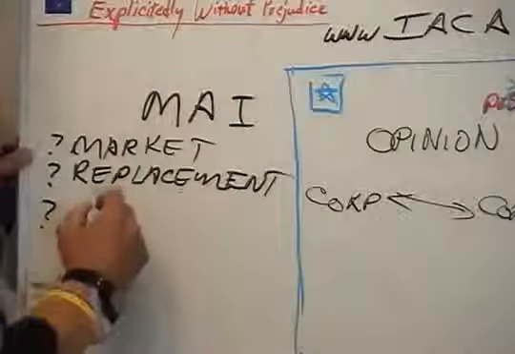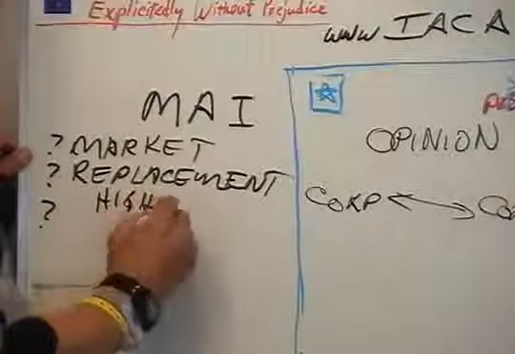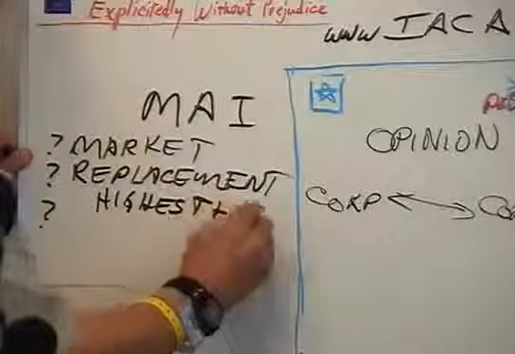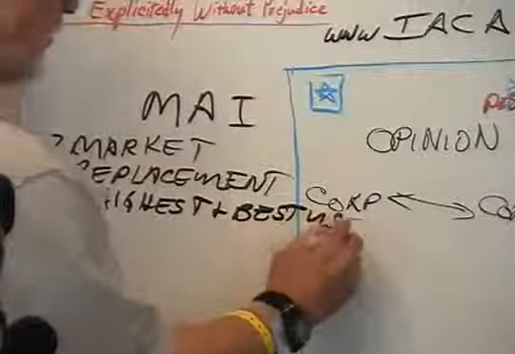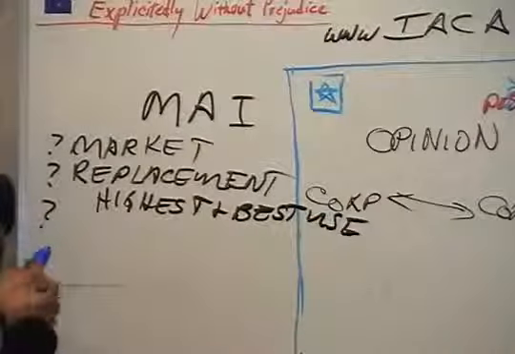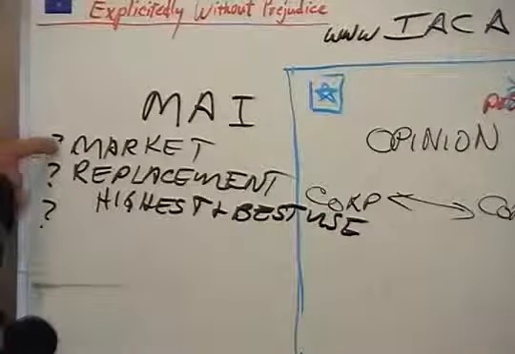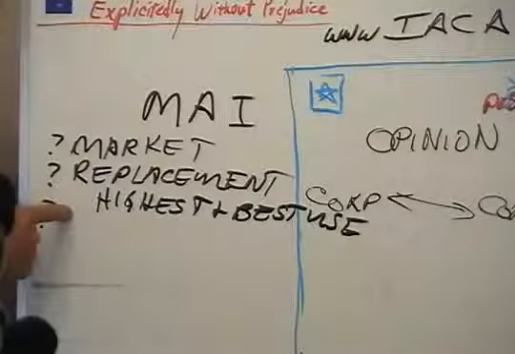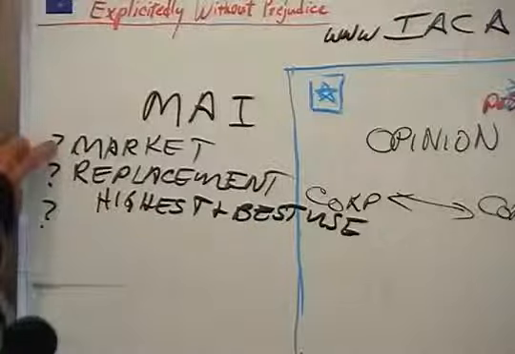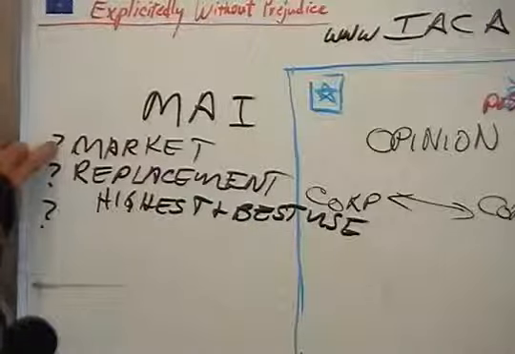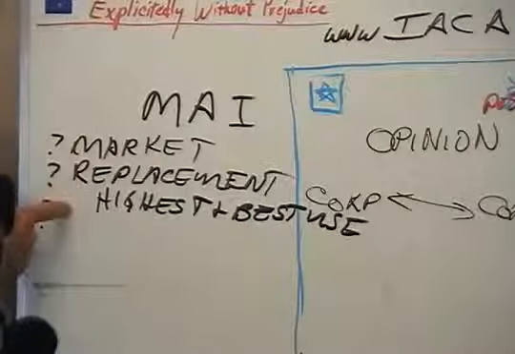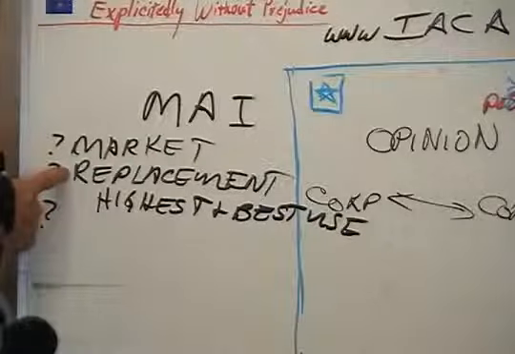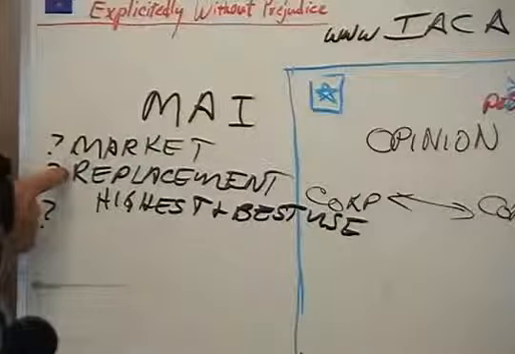They call it highest and best use. So the point I'm making here is none of these are the same. What's he going to weight? Is he going to weight it toward the market approach? Depending on what you want to do with it. Do you want to replace the building? Do you want it for insurance? Or do you want to sell it?